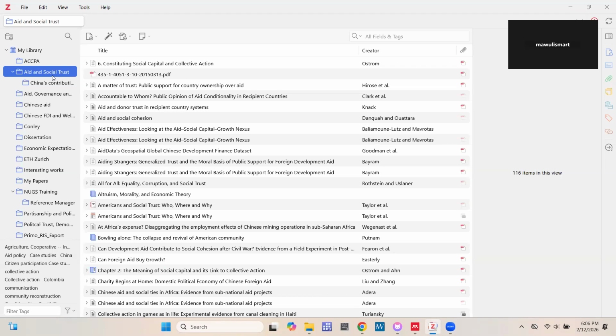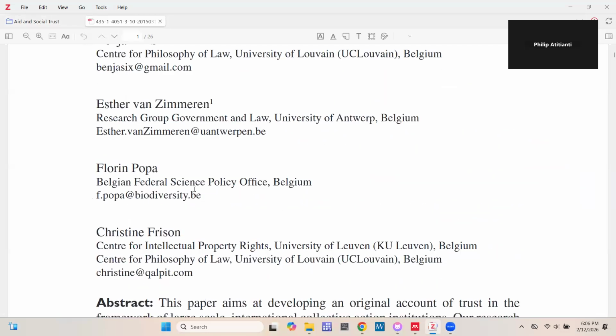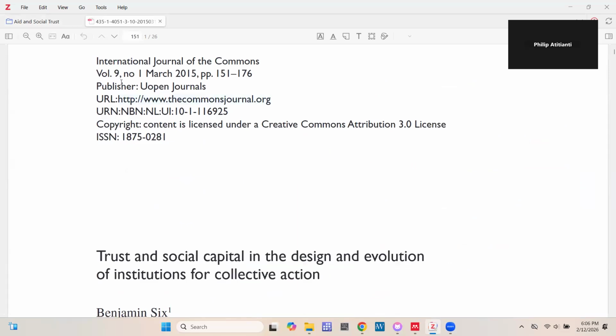Just for example, on your screen, you see the 435 dash 1. Yes, that's how my exam also shows. So what does that mean? If you open this file, this is actually the information. It says this is the publisher, you open journals.